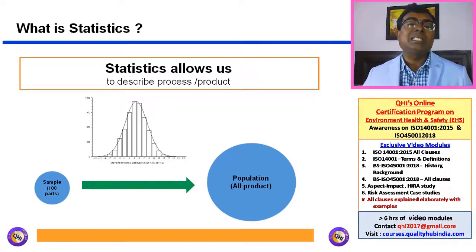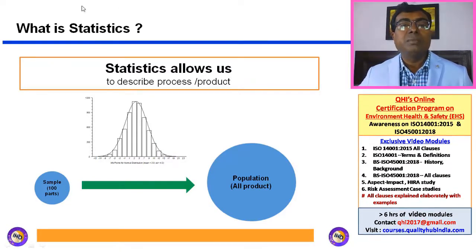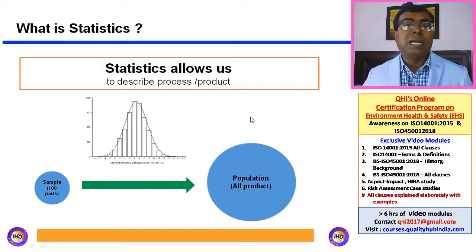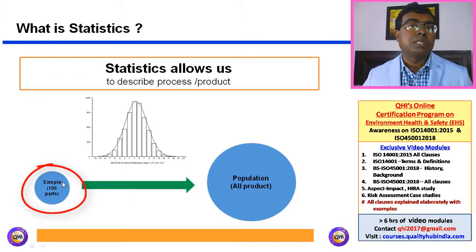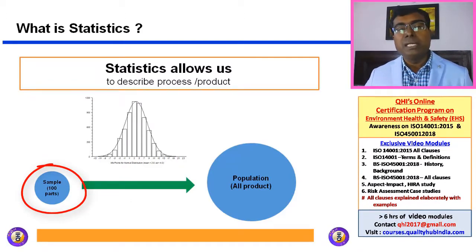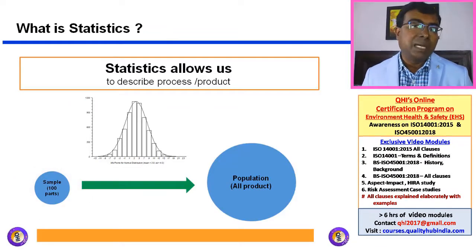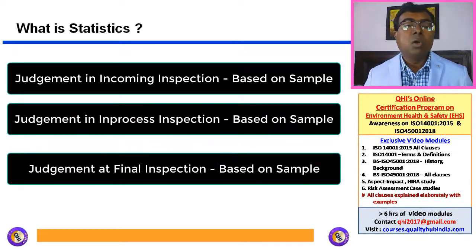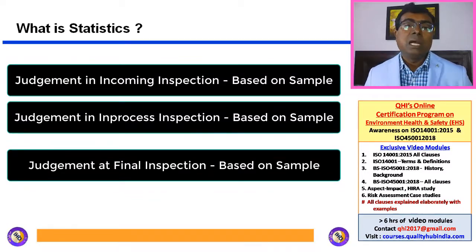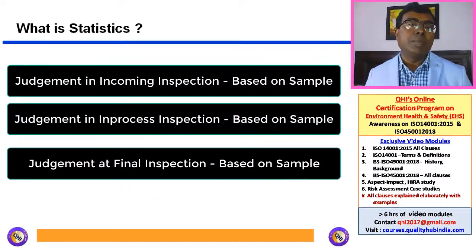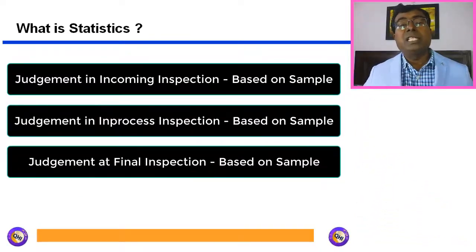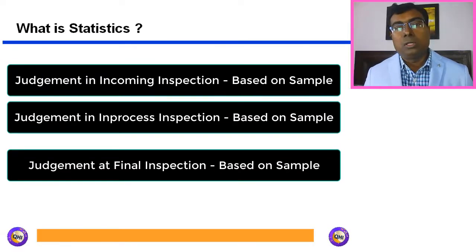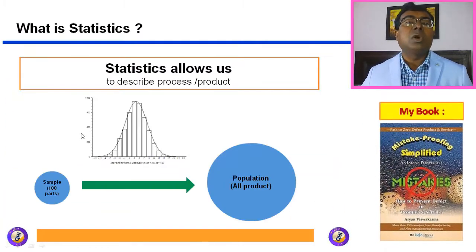So the first element is statistics. So let's now first understand what statistics is. Friends, in today's world, all our decisions are based on samples. For example, in a manufacturing company, if I am making a judgment at incoming or in process or during final inspection, all my decisions are based on samples. I pick small samples from the complete population, and then I make a judgment based on the sample only whether my complete lot is okay or not. So this way of decision making is called statistics.